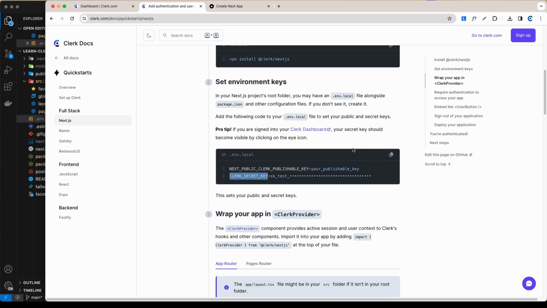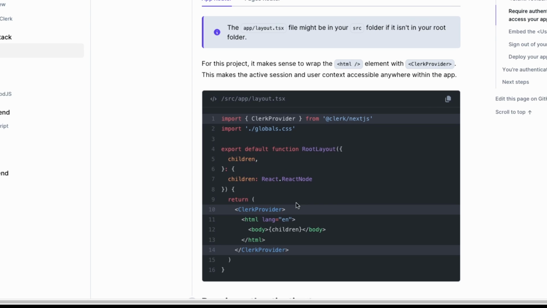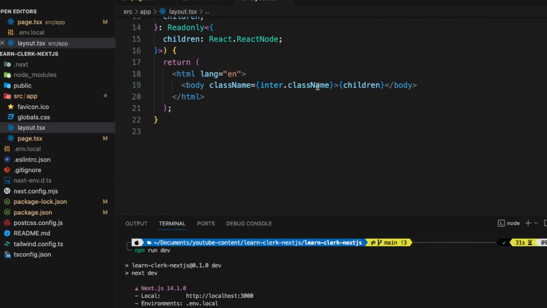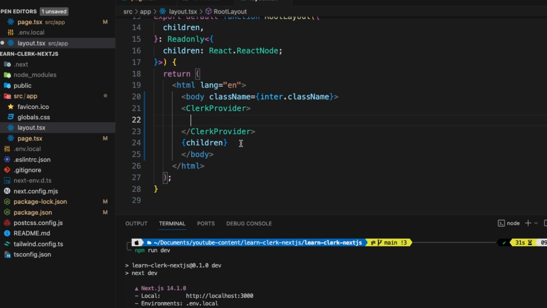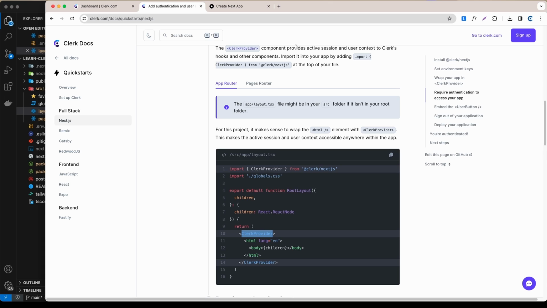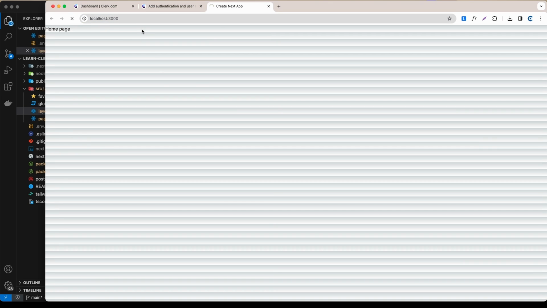And after that, let's go to the documentation, and as you can see, we need to wrap our layout with this ClerkProvider. So let's go to layout here, and then I'm going to wrap these children here with ClerkProvider. So let's do ClerkProvider like so, and I'm going to put these children inside the ClerkProvider just like that. And now if I access my localhost 3000, I'm going to refresh, and now